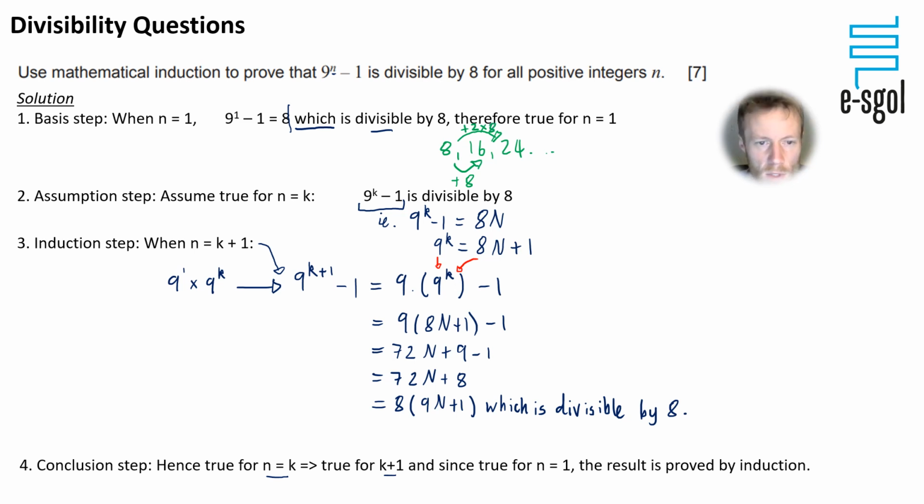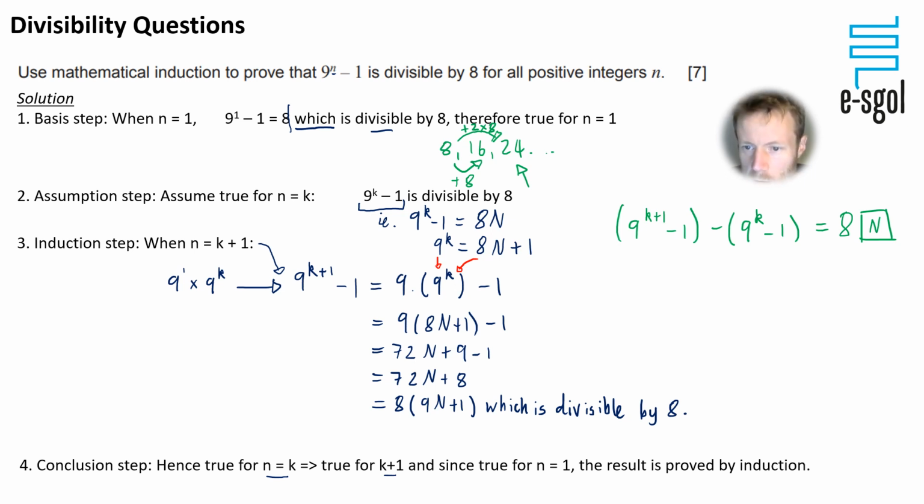So an alternative way of doing this might be to say, for the induction step, that when we have 9 to the power of k plus 1 minus 1, we find the difference from the term that came before it, which is 9 to the power of k minus 1. That difference, a bit like what I've got going on up here, should be in the 8 times table. So we would get 8 to the power of something. You could use an n or something like that. And then we're thinking about the difference, and we want to show that that difference is in the 8 times table.